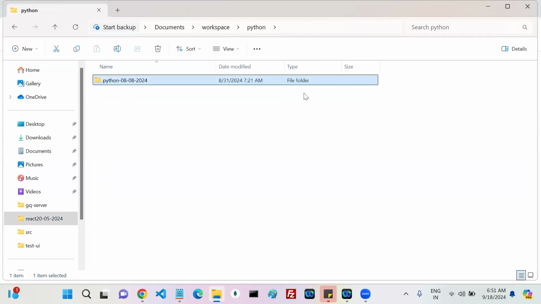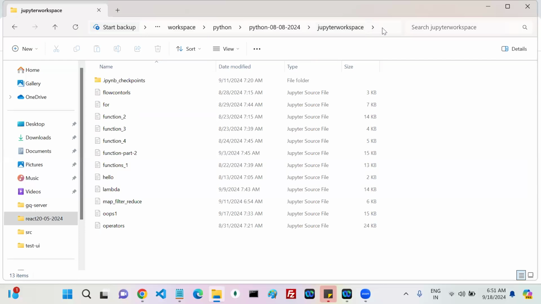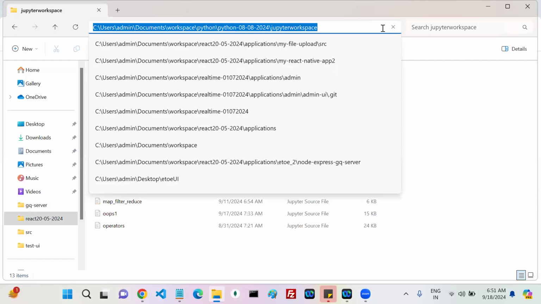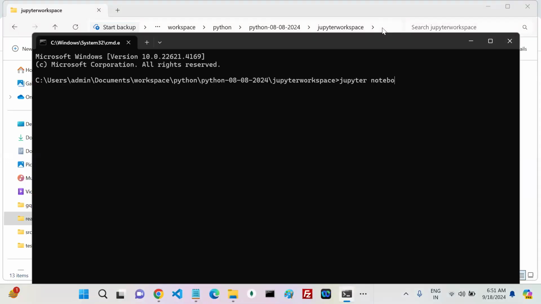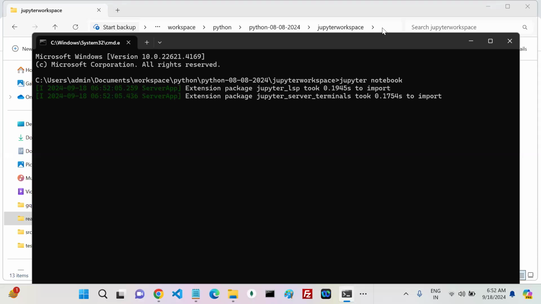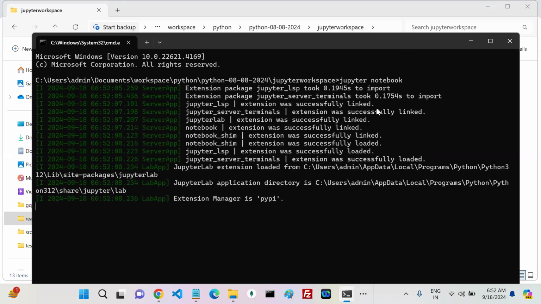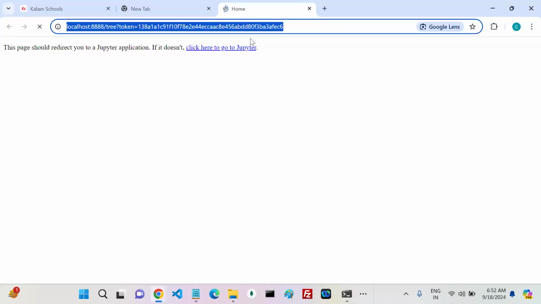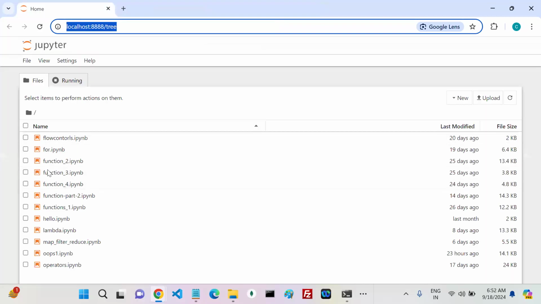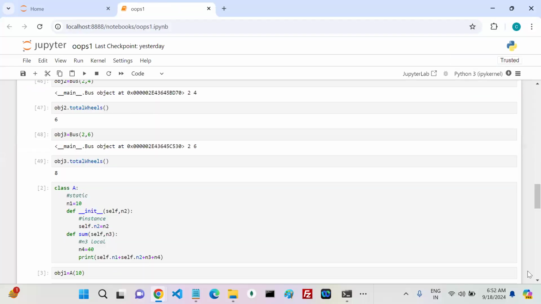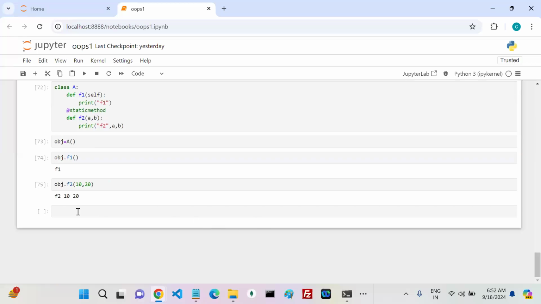Go to Python 88, Jupyter workspace. Let's go with the first point. Instance variables I can access by using